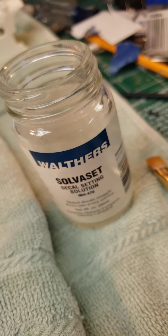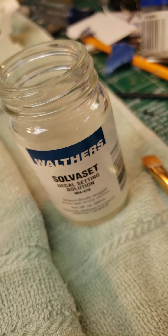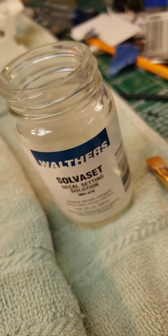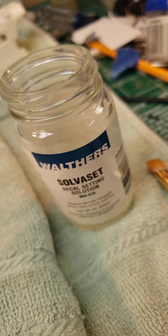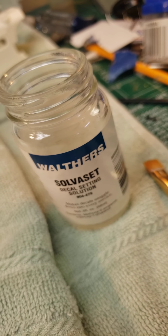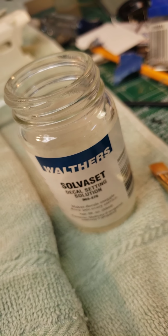aircraft decals, then you want to definitely, why are we not zooming in? You definitely want to thin down your solution. I use 50-50 distilled water or purified water, not tap water. With this, mix it in, and it keeps the lifetime of the bottle. It doesn't spoil, it doesn't go bad. On these particular bad boys here,